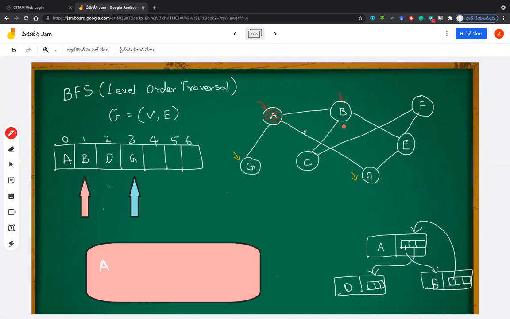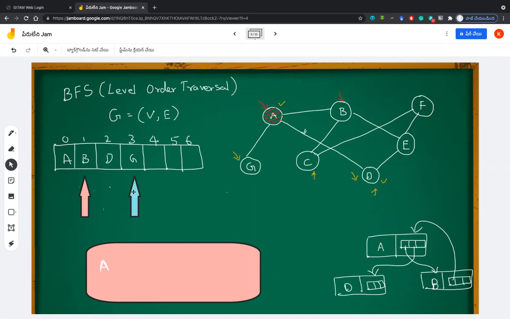Now tell me, what are the connections that are there and what are already satisfied? For B, what are the connections? C and D. And of course, A has been satisfied, D is already there in the queue, and only C needs to be added.